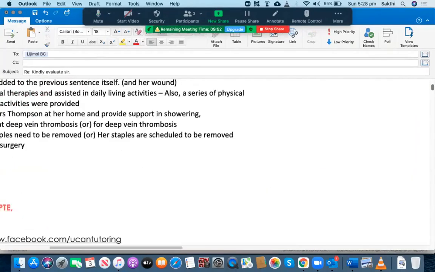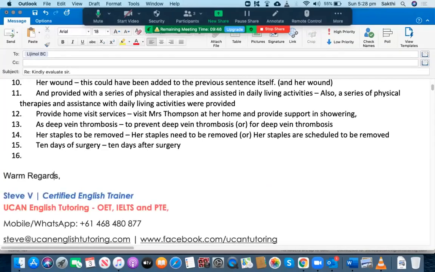So many grammatical mistakes. Yes. So this follow-up appointment is made to get her staples removed. Is that correct? It's only for the removal of her staples. Am I right or not? Yes. Okay. I will read the case message. I think if that's the case, you could have reduced the words in this particular sentence. Do you know what I mean?